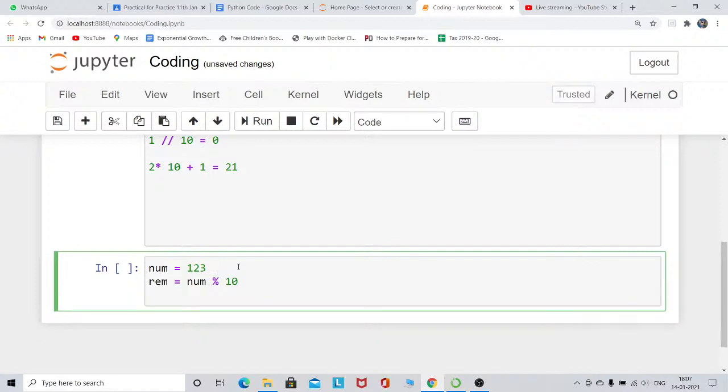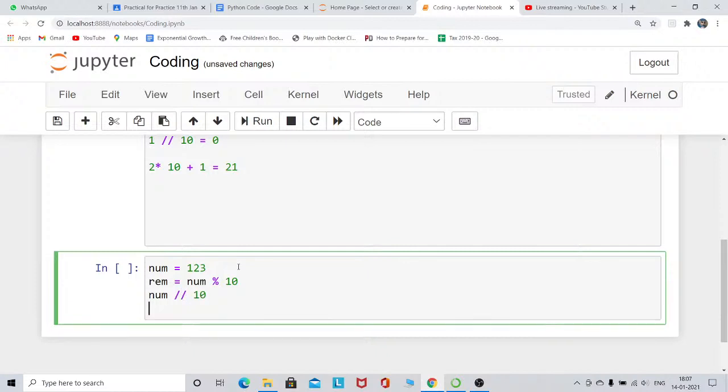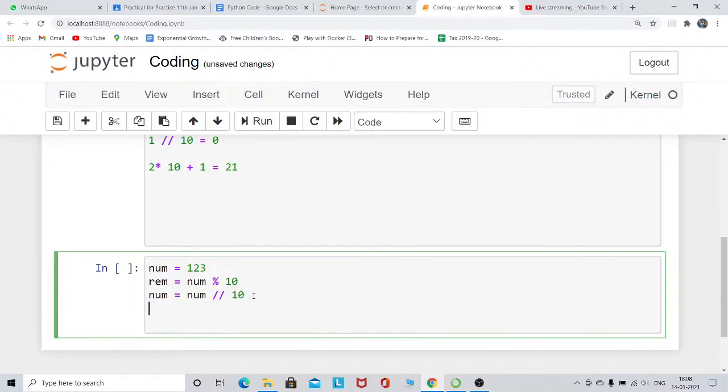Then I have to change number to number divided by 10. Keep in mind that you also have to store the result of that division in the same variable, number, otherwise your code would be wrong. So I am storing this in num.